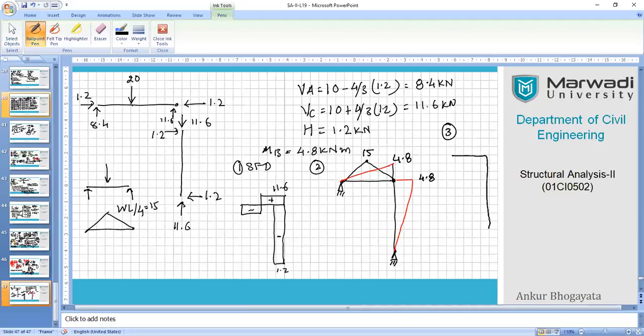You just need to show that this is in compression. So both will be shown on the same side. There will be a shortening effect of this member. So 11.6 on the inner side. Negative we have shown on the inner side of the frame. So this is negative. You can write down 11.6 here. And then you have a shortening effect of 1.2 on both sides. Here you can see this one and this one. So that you can show here with a very small scale. So this is 1.2 only, this is 11.6.